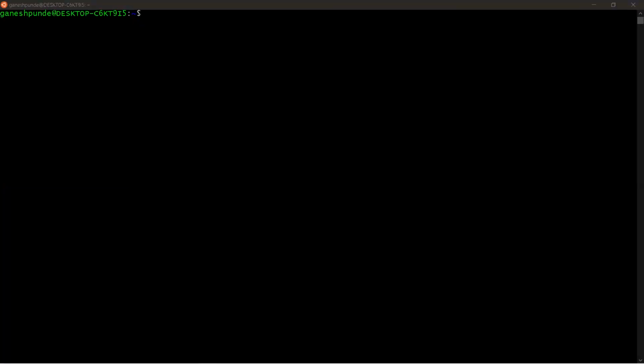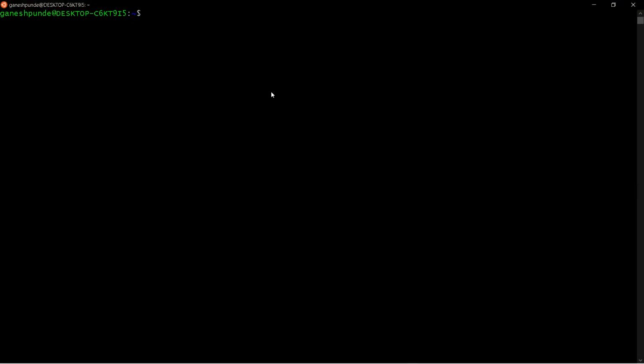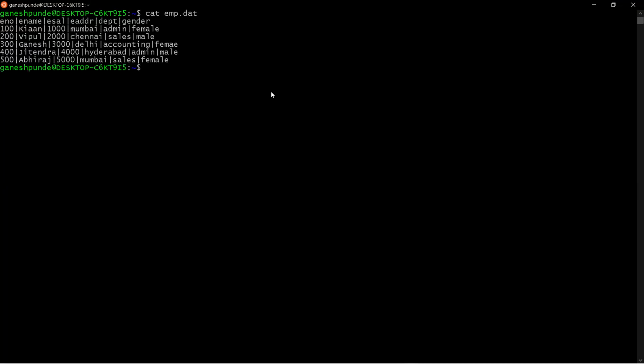Now we will see how practically we can use the cut, paste, and translate commands. In order to use the cut command, first of all, let me create the dat file. So this is my dat file, right?